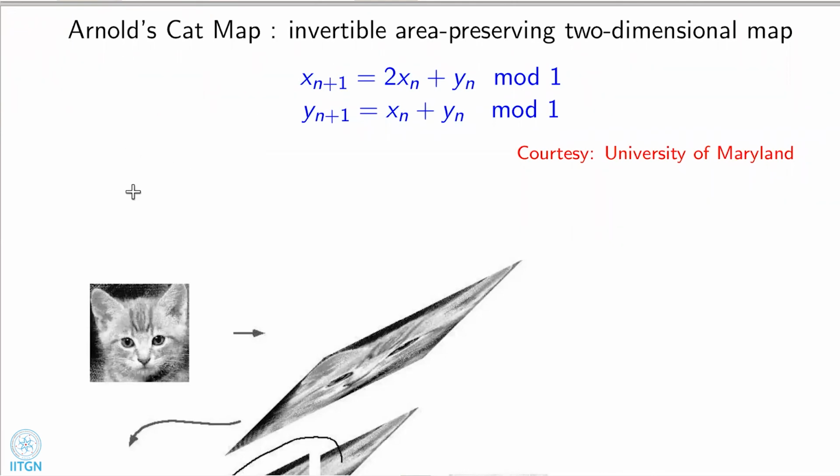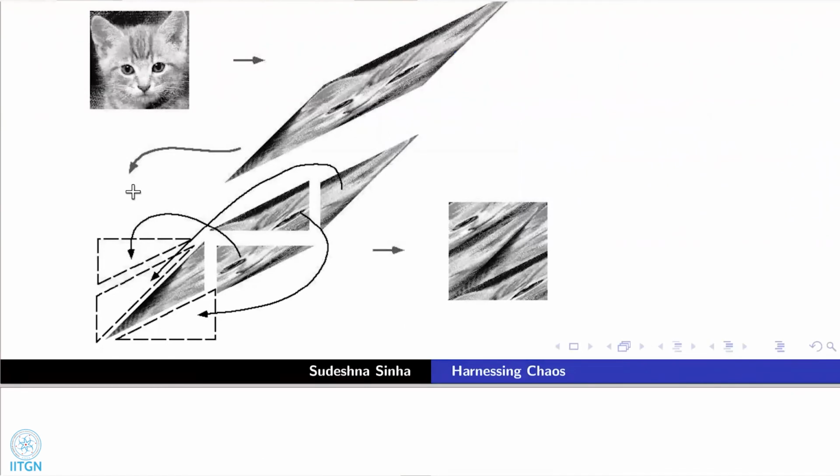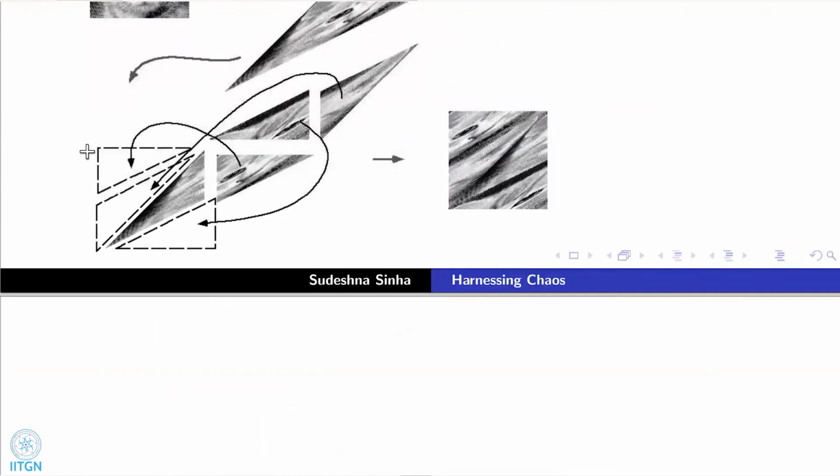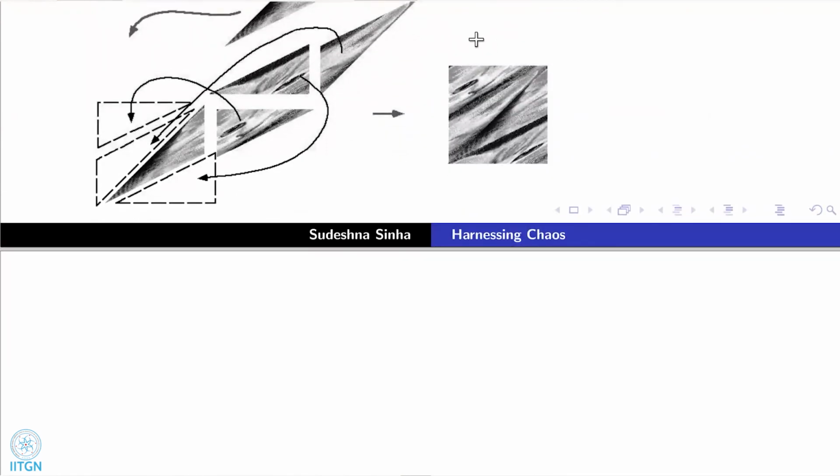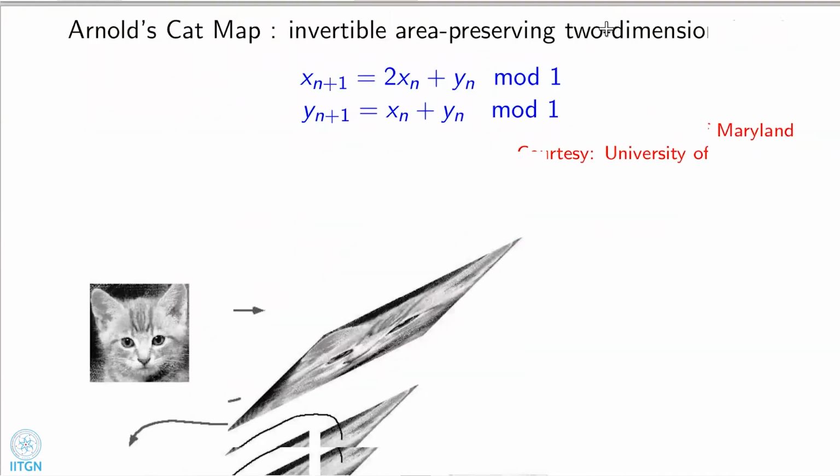Because you see, the stretch would have been a distorted cat. You can live with that. But it's this mod operation, which now acts in two directions, of course, because it's in a box 0, 1. And this operation is what is really giving something which, in one iterate, looks so